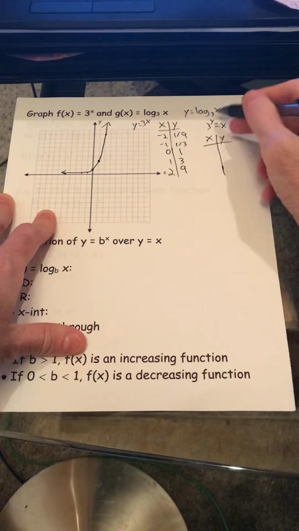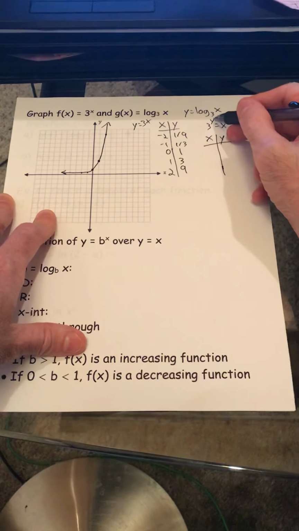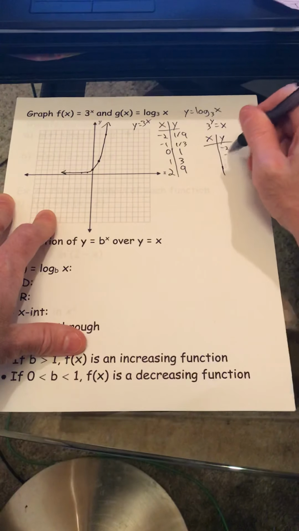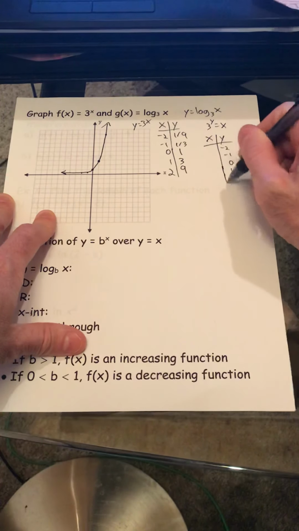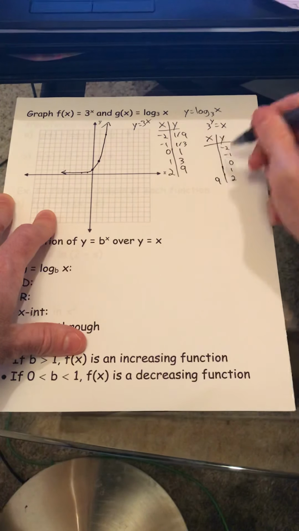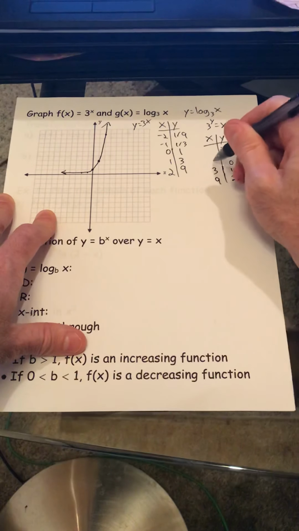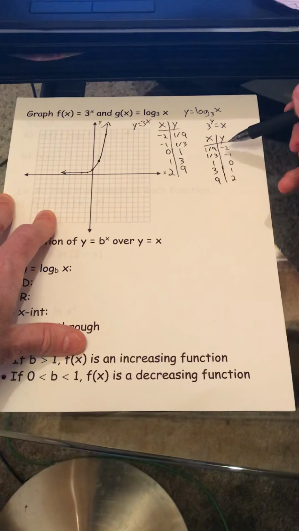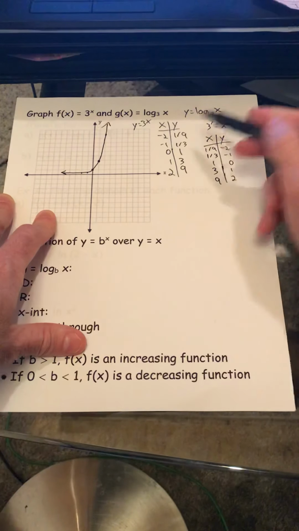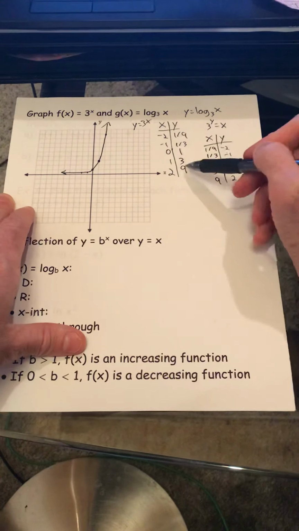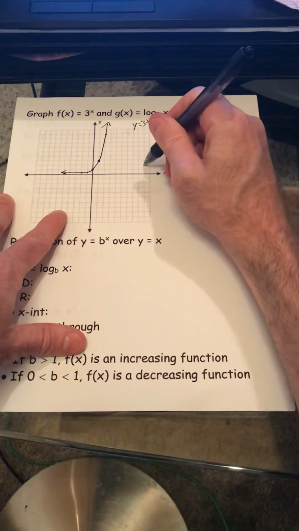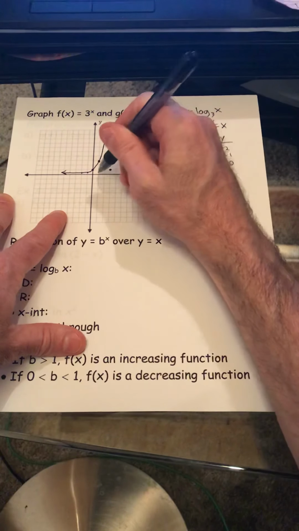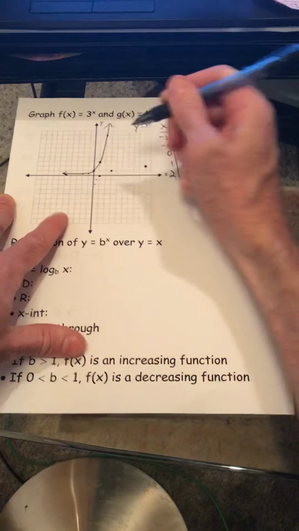If we're going to graph this now, because y is the exponent, we'll plug in for y. 3 to the second is still 9. 3 to the first is 3. 3 to the 0 is 1. 1/3 and 1/9. If you notice, our x and y's switched. That's because these are inverses. So 9, 2, 3, 1, 1, 0, and then